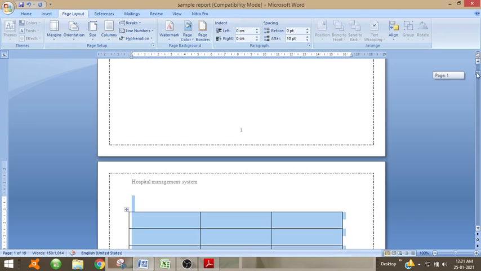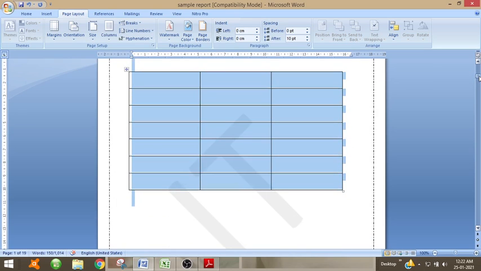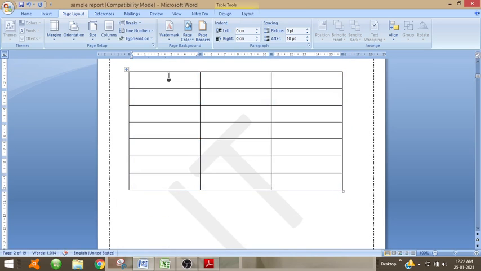You can increase the size of the table and give column names like roll number, name, age, etc. Now you can give the values to roll number and name, and likewise you can give values.